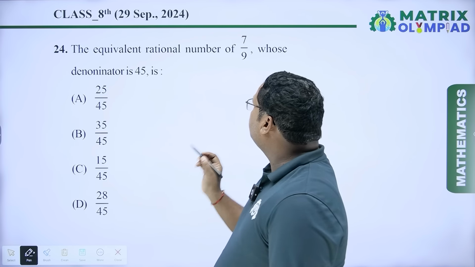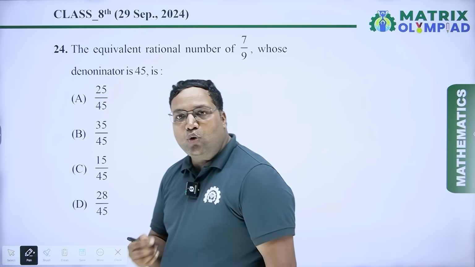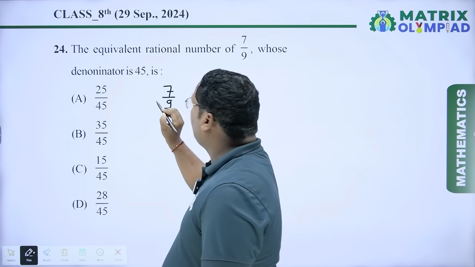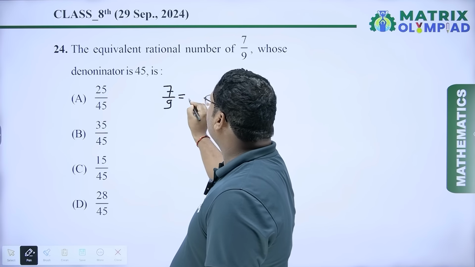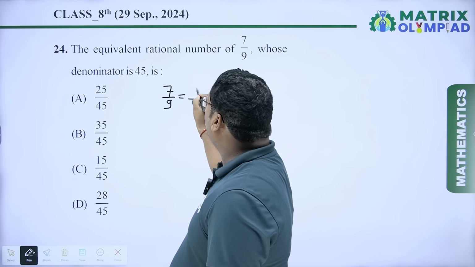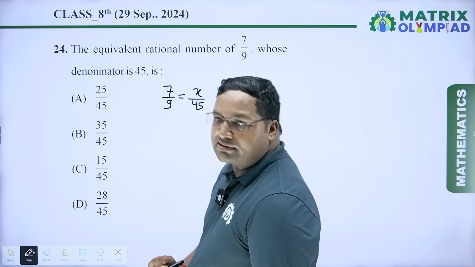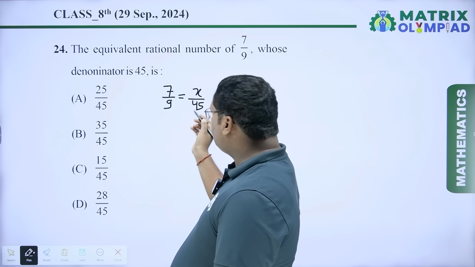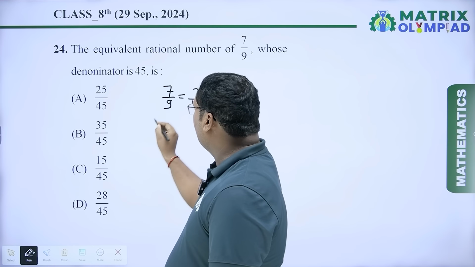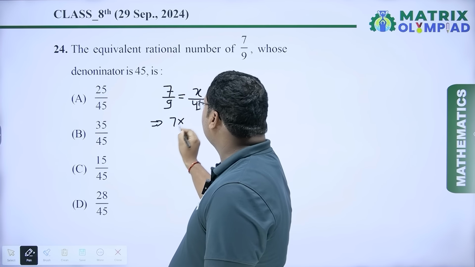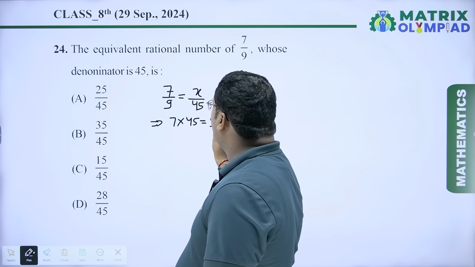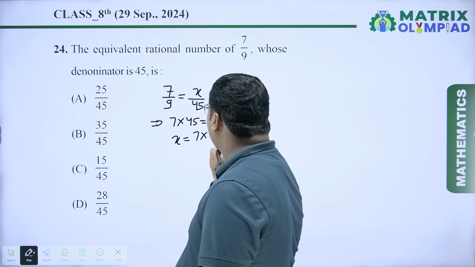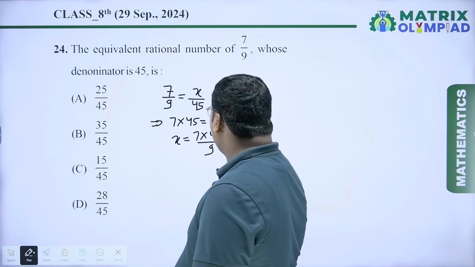The equivalent rational number of 7 by 9 whose denominator is 45. So we have to write fraction 7 upon 9 is equal to, denominator is given 45, and here we have to assume numerator is x, and we want to calculate the equivalent rational number of 7 by 9. So first we have to get the value of x from this equation. So we have to solve these two equations. So 7 into 45 is equal to 9 into x. From here we will get x equal to 7 into 45 upon 9, and we will get x equal to